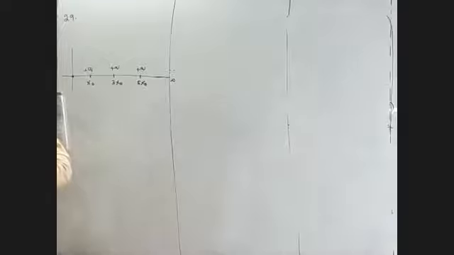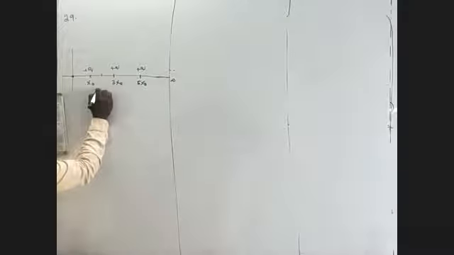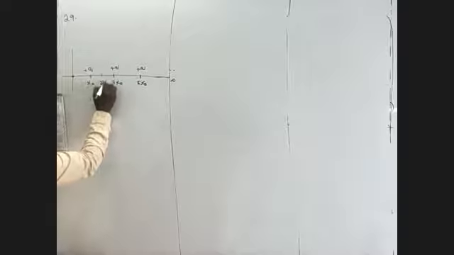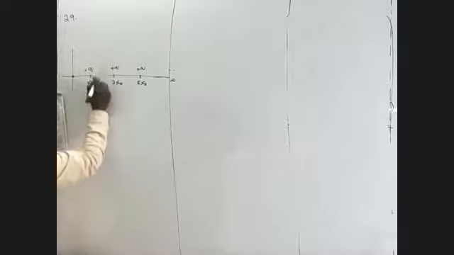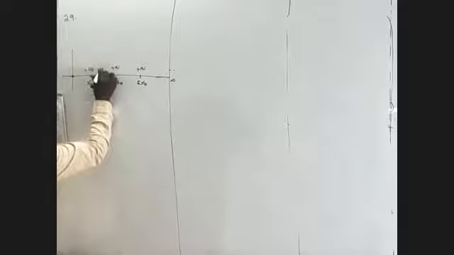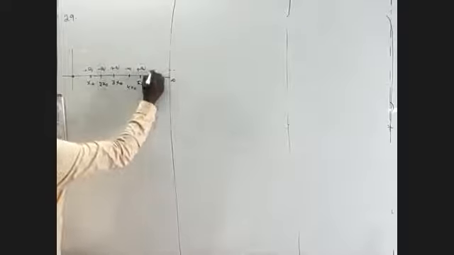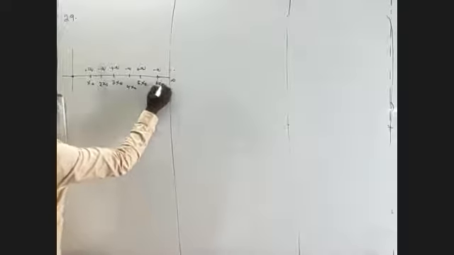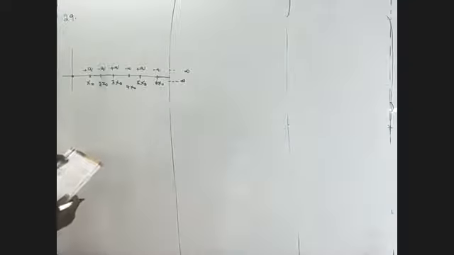Next, minus Q is fixed at each point: x equal to 2x naught, 4x naught, 6x naught, up to infinity. Each of these is a minus Q. Both series go to infinity. X naught is a positive constant.